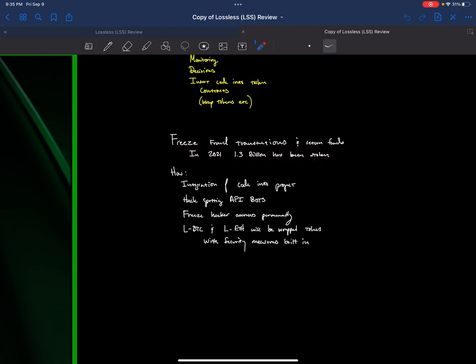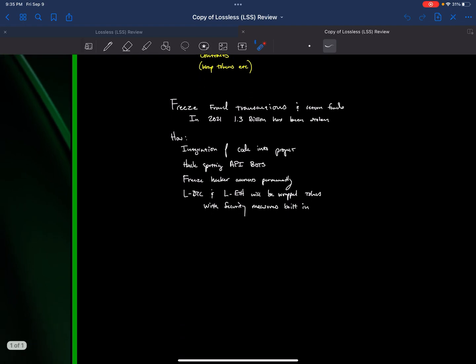For instance, how big is this market opportunity? In 2021, it was over $4 billion. Here I have 1.3, but I did some further research. There's been about $4 billion in damages so far in hacked funds. North Korea is basically outputting developers that exclusively focus on hacking crypto because it's one way that North Korea can make money. So there's a whole entire country. There's all kinds of hackers out there. I think it's just going to keep getting worse. So you definitely need a project like this.